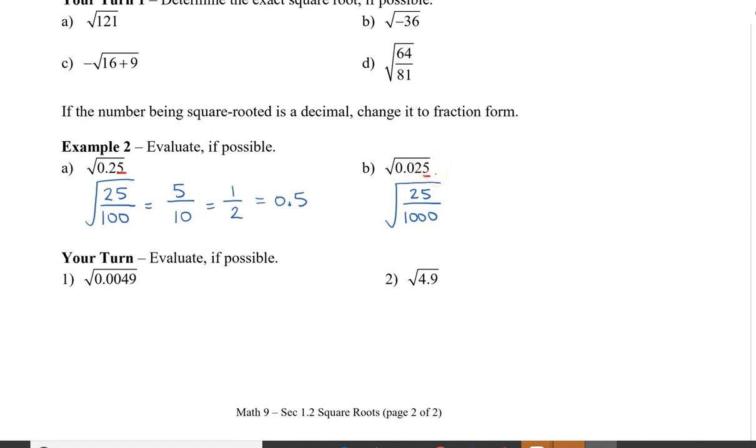Now we can also think of this as there are 3 numbers after the decimal, and so we're going to place 3 zeros. Now in this case, we can square root the 25, but we can't square root 1,000 because there's an odd number of zeros. So the denominator cannot be square rooted,